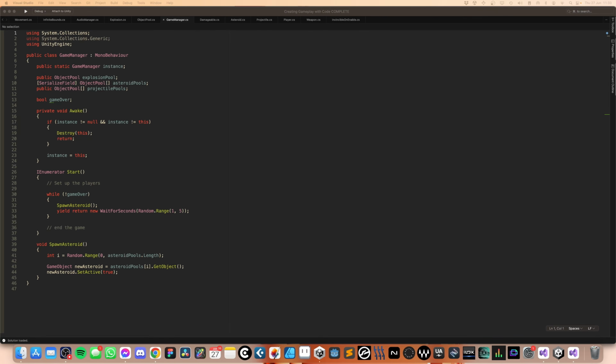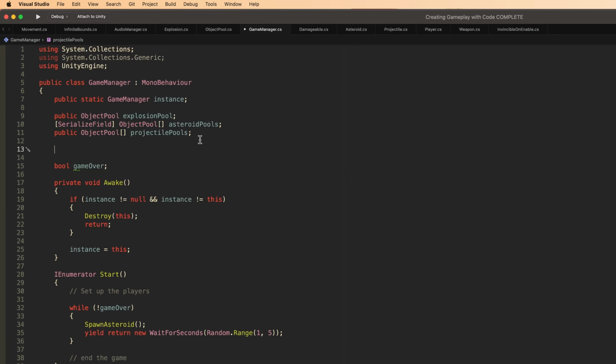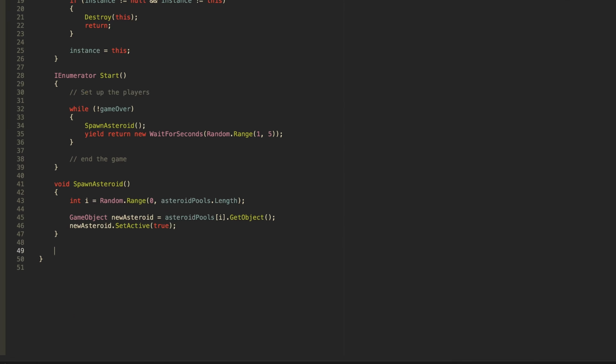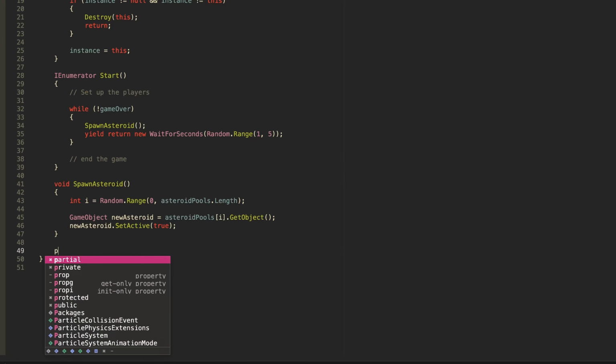I'm going to need to add up at the top a serialized float. That is the respawn duration, just because I want to be able to control how quickly this happens. I'm going to set it to 2 seconds. And then just at the bottom here, I'm going to add a public function